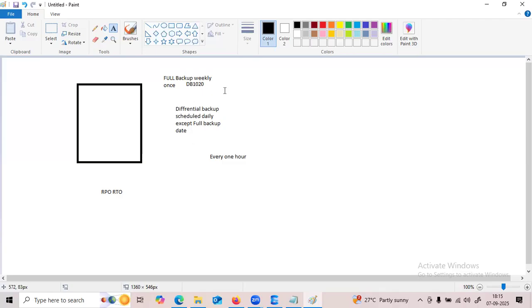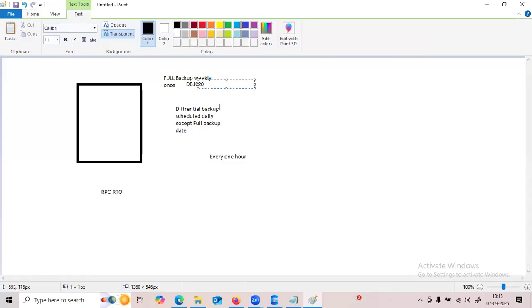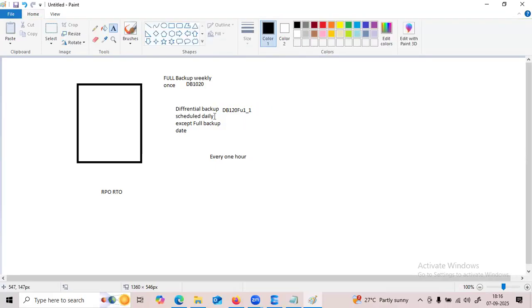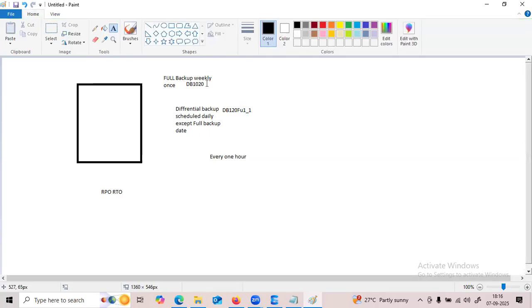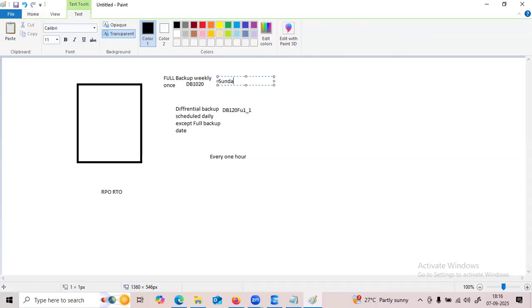That means it depends on the latest full backup's LSN number. So if the full backup is DB 1020 full, then the differential backup follows the LSN number of the full backup. Suppose the Sunday full backup LSN number is DB 1020.